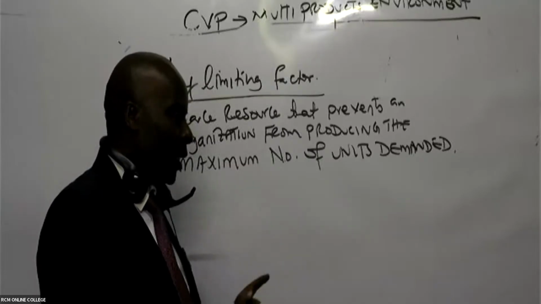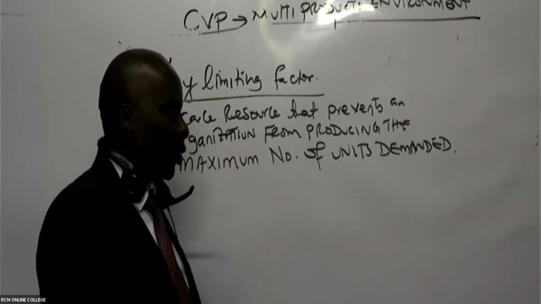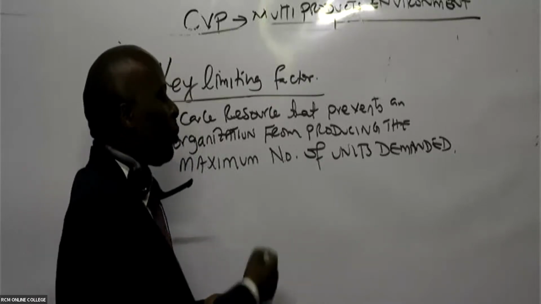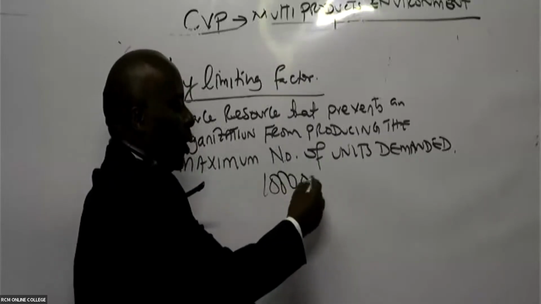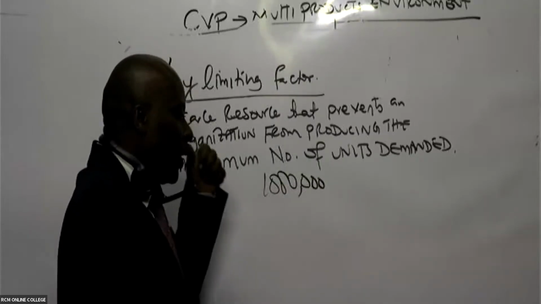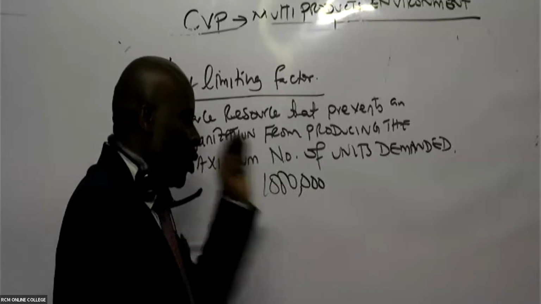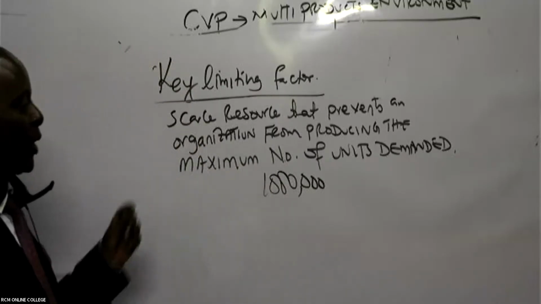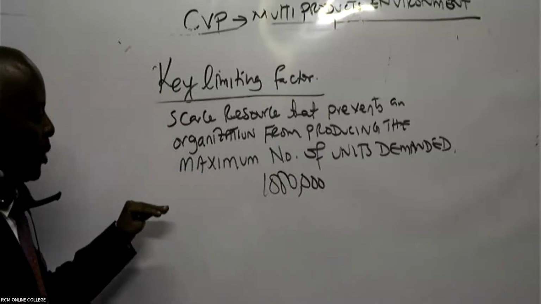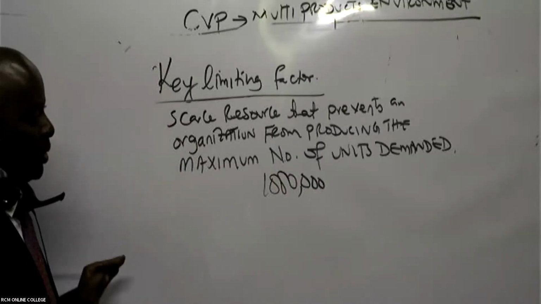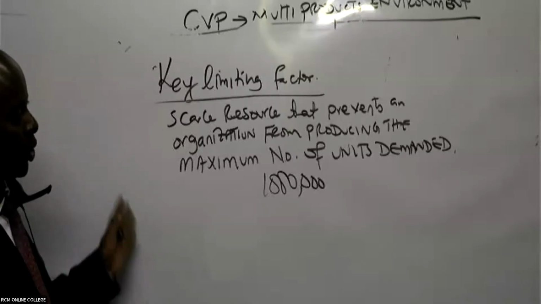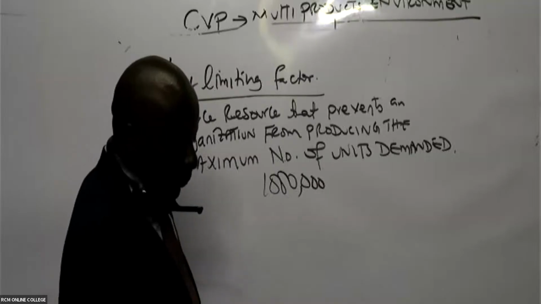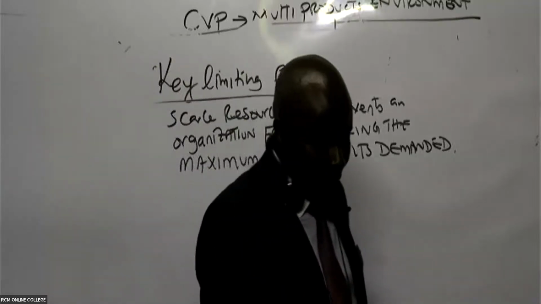If you have an organization that is making, for example, sodas, it may be that the market wants you to produce 1 million sodas. This is what is being demanded. If you have a resource that prevents you from producing that maximum quantity demanded, then that resource is limiting, a scarce resource: the key limiting factor. Now, ladies and gentlemen, there are many organizations